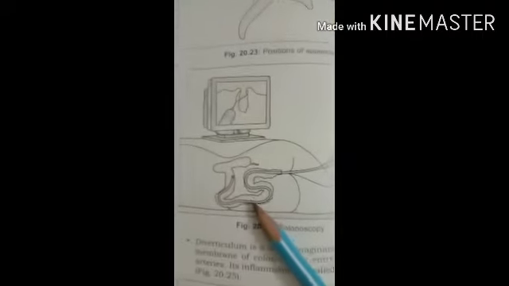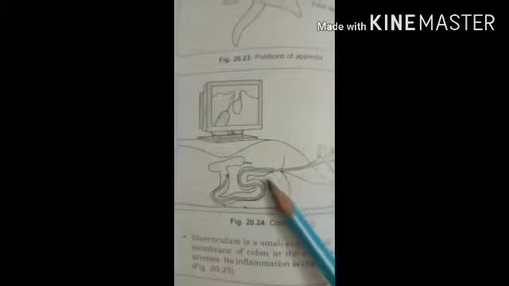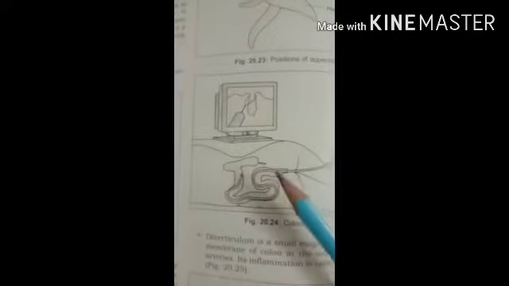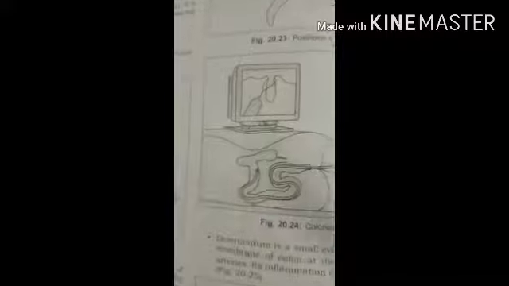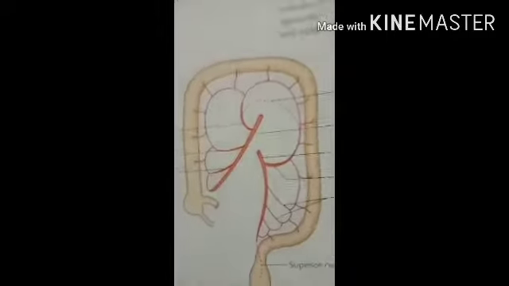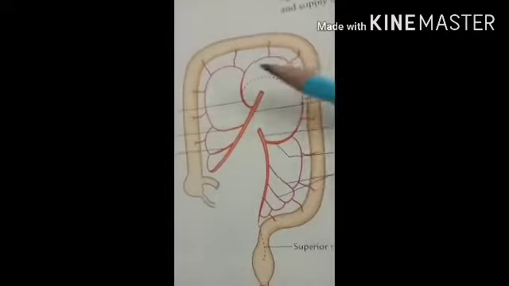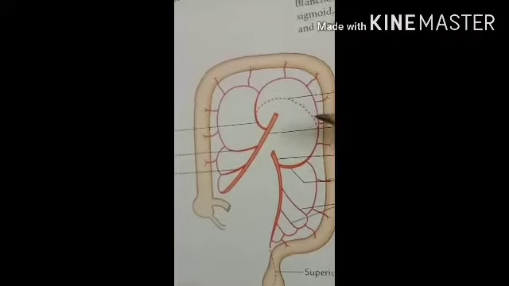So in this way, the interior of the colon or the large intestine should be examined. Then the second clinical point is colitis. Colitis is the inflammation of the mucous wall of the colon. So in this, the interior of the large intestine is inflamed because of a bacterial or parasitic infection.